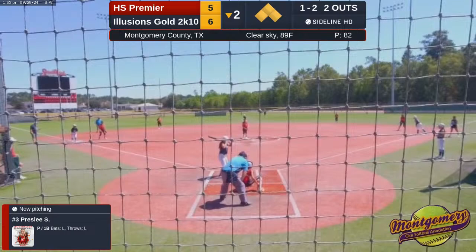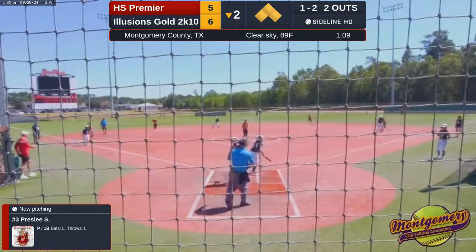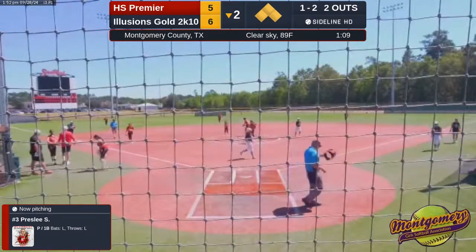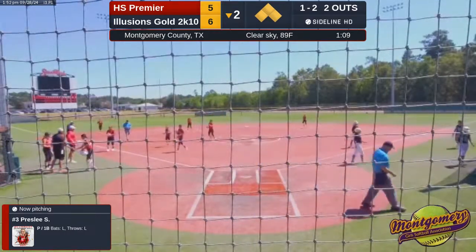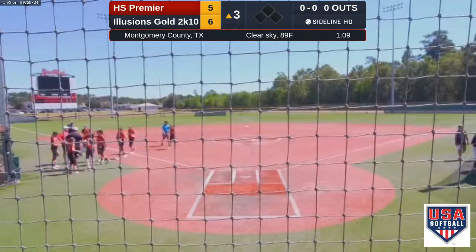Put it in perspective, if you were to go 9 innings, this would be over a 5-hour ball game. That one is called strike 3. And the Hotshots are going to come to bat here in the top of the third, trailing by 1. Kendall White, Kylie Bruning, Jill Nevaez.